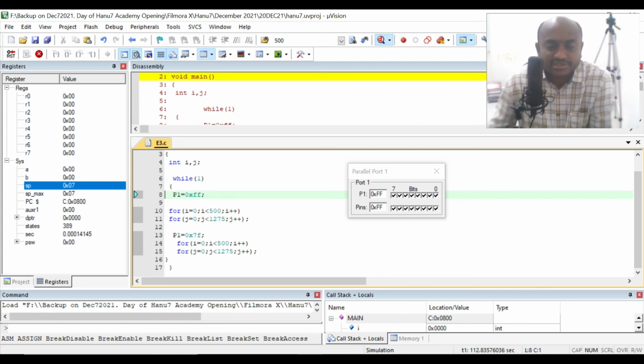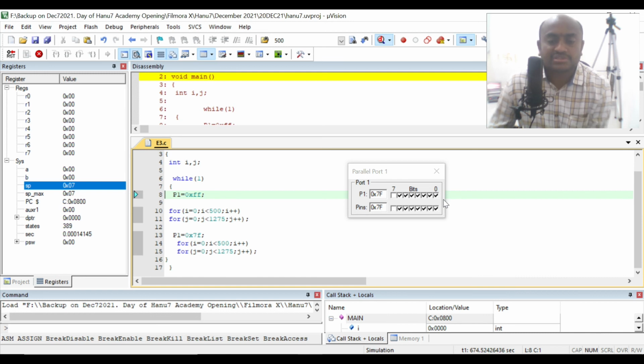But what is the drawback in this program is, you are programming all the 8 LEDs. You are forcibly making the rest of the 7 LEDs be off. They are always off. Okay, so sir, what is wrong with you? You only are telling that I want only the 7th LED to be on and off. The rest of the LEDs will definitely be off only. But what I am writing is in such a way that they are becoming continuously off. I need not program them, but I am programming them to make them continuously off.